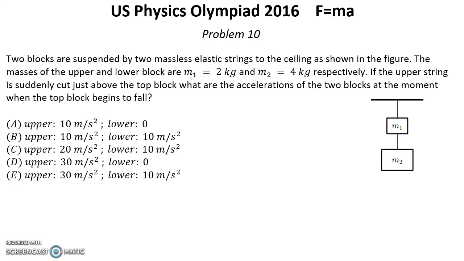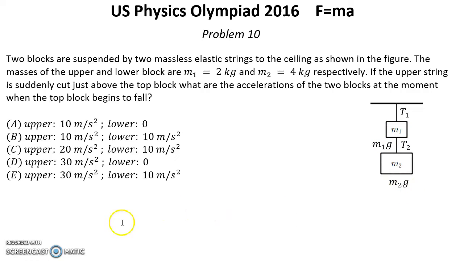Solution for problem number 10. First, let's write the free body diagram. If we have tension T1 in the upper string and tension T2 in the lower string, and we have the force of gravity on m1, it's m1g, and on m2, m2g, so we have two equations for static equilibrium. We have T1 equal m1g plus T2, and T2 equal m2g, so T1 equals 60 newtons and T2 equals